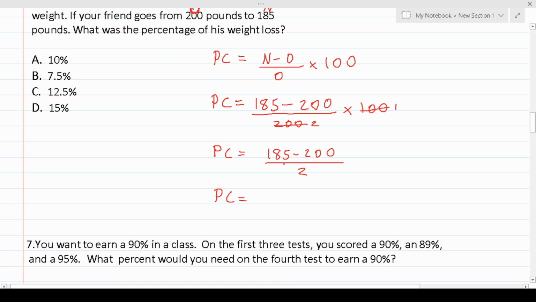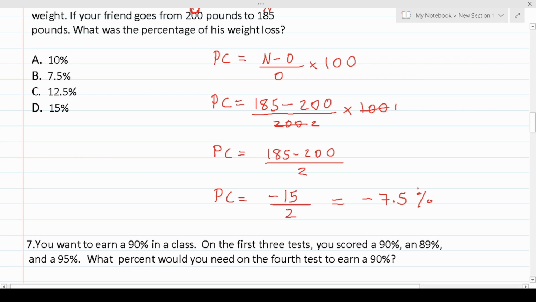185 minus 200 is negative 15. Again, that's over 2. 15 divided by 2, we should be able to do mentally as well. 14 divided by 2 would be 7. 16 divided by 2 would be 8. Therefore, 15, which is in the middle, divided by 2 is going to be 7.5. So this is going to be negative 15 divided by 2. It's going to be negative